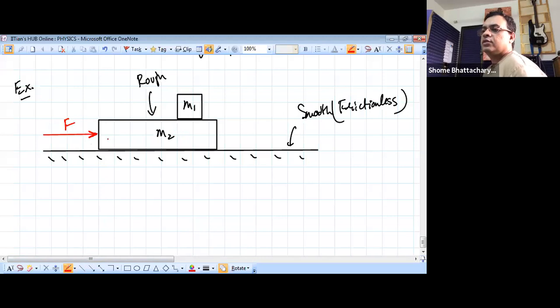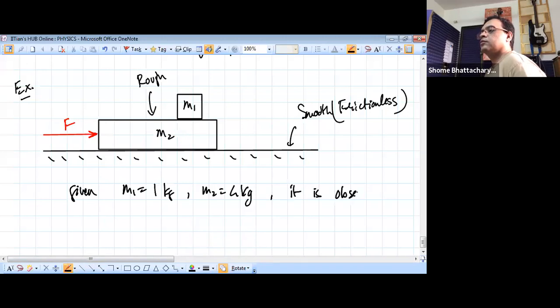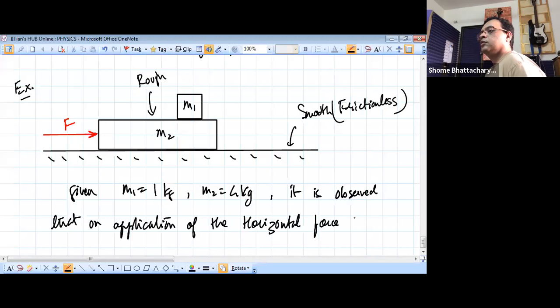So it's like you're applying the force on M2, but because of the friction, M2 is carrying M1 along with it. So what we observe is that, again, given the same things, M1 is 1 kilogram, M2 is 4 kilograms. Now, it is observed that on application of the horizontal force F of magnitude 2 newtons,